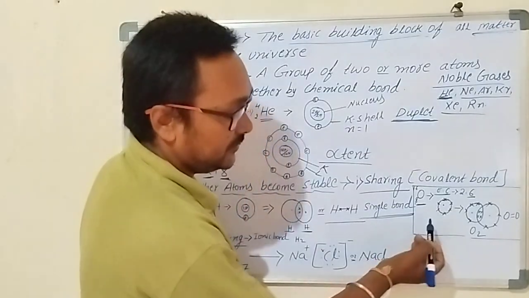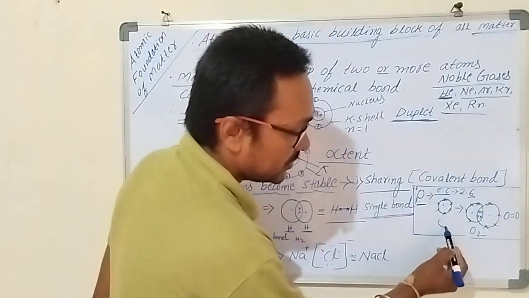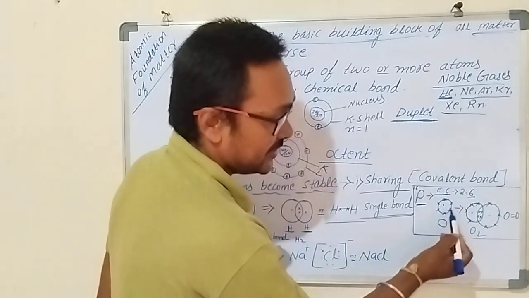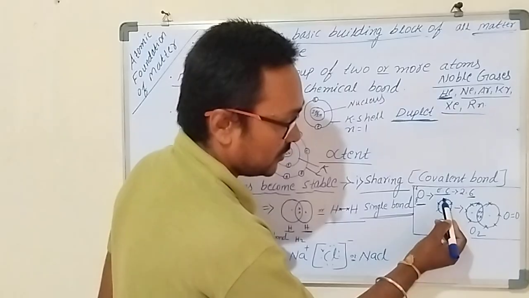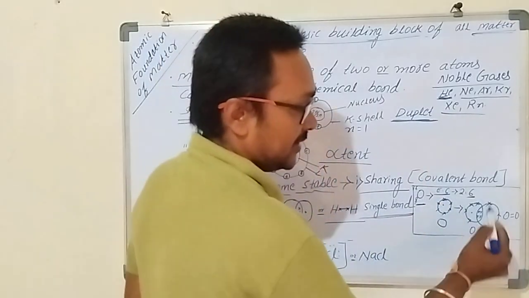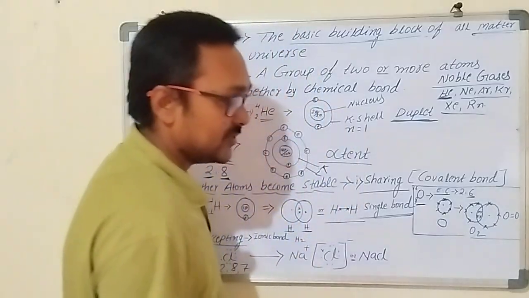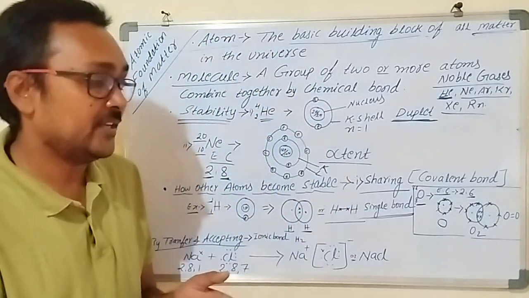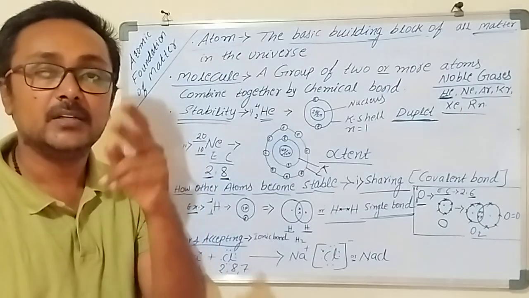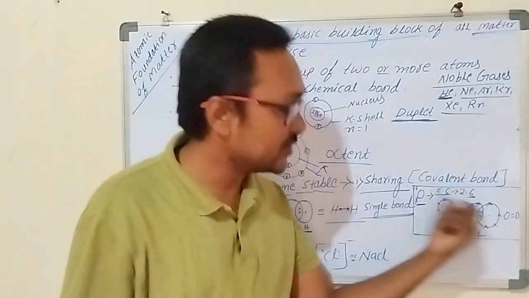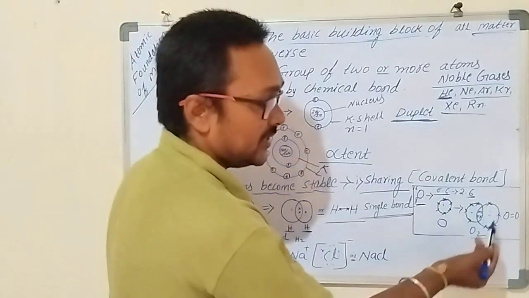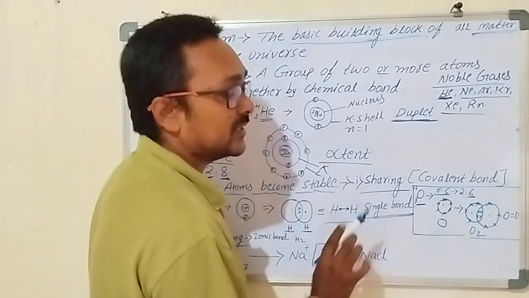take place. Now see here, I have drawn one of the oxygen structures, the outermost shell, that is the L shell. L shell, 6 electrons, 1, 2, 3, 4, 5, 6 electrons already drawn, and there will be 2 oxygen atoms, they will mutually share 2 pairs of electrons, means 4 electrons. One oxygen atom will share 2 electrons and another oxygen atom will share 2 electrons. So they share and obtain the octet formation.